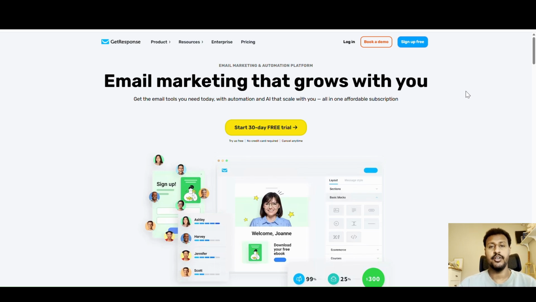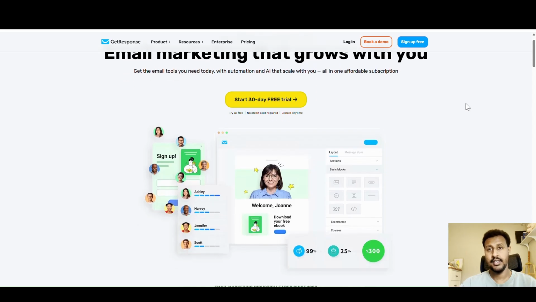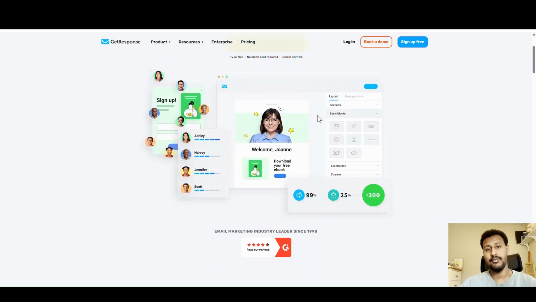So, you're looking for an email marketing tool, but not just any tool. You want something that's easy enough to start with, but still powerful enough to grow your business. Well, today we're going to talk about GetResponse. It's an app that's been around since 1998, and today we're going to answer if this is the best beginner-friendly